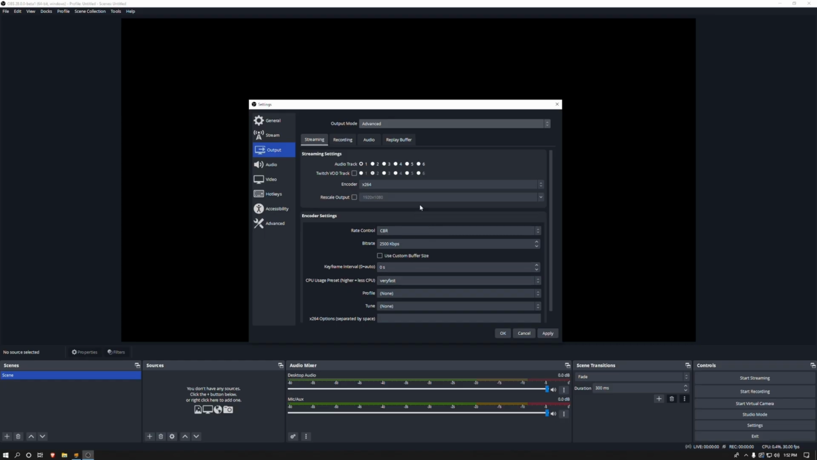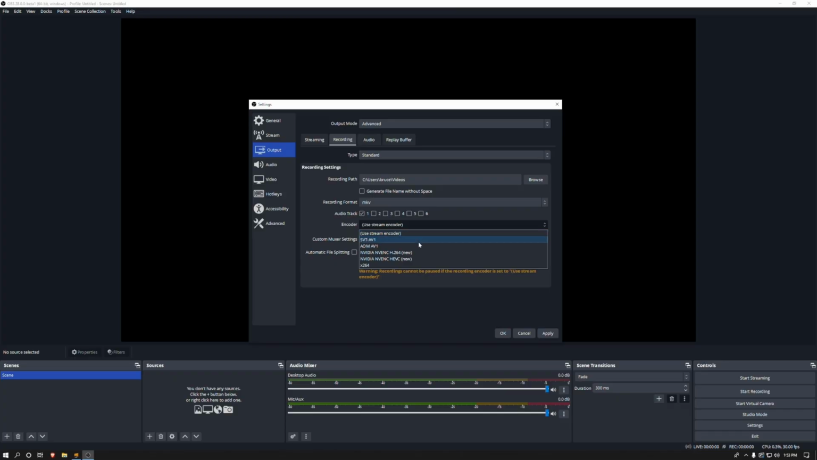So the streaming encoders are pretty much the same. You have the H.264, which is using your Nvenc encoder, and it's great. But the cool thing that comes with this is in the recording tab, which brings an entirely new encoder. They bring the Nvidia